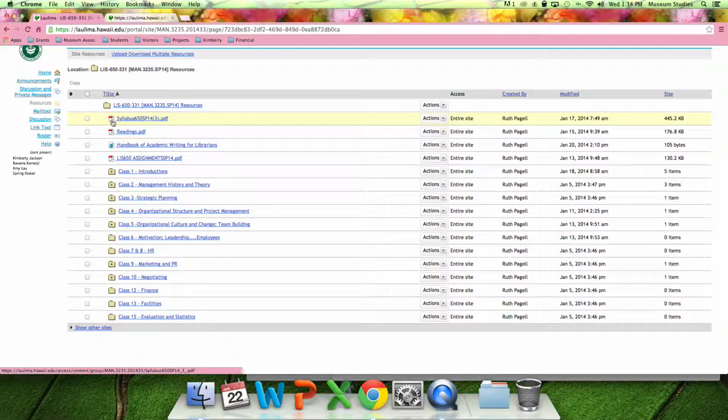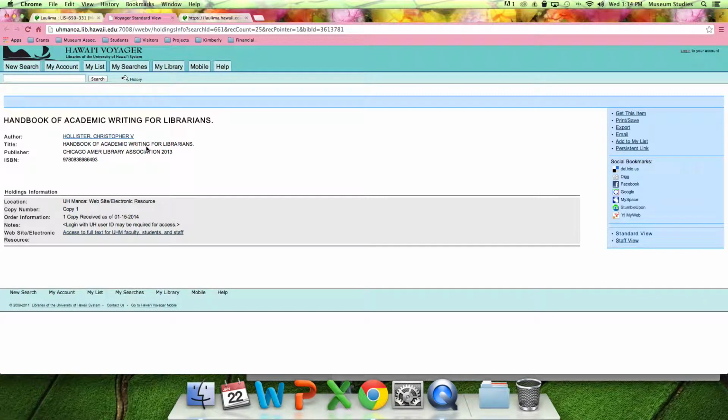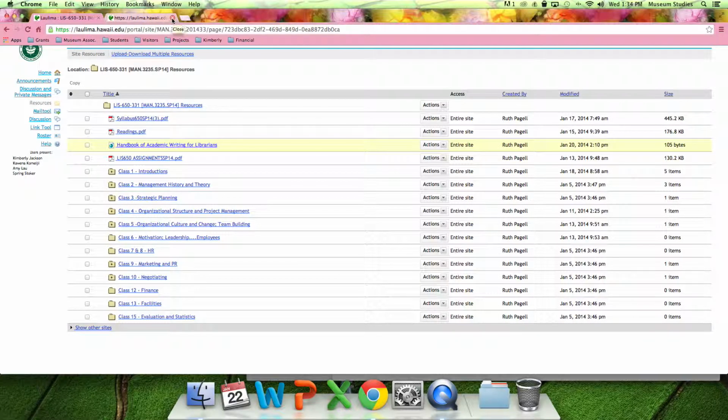And if you go back, if you see this symbol here, that's how you know it's a PDF. It has that red line and the Adobe symbol. This right here is a link, and you can tell that it is because it has a world icon. So when you click on it, it takes you straight out to the Voyager catalog, or whatever link the professor assigns to it, and you can actually view the information there. Now, it always does open up in a new page, so you don't have to worry about losing this main